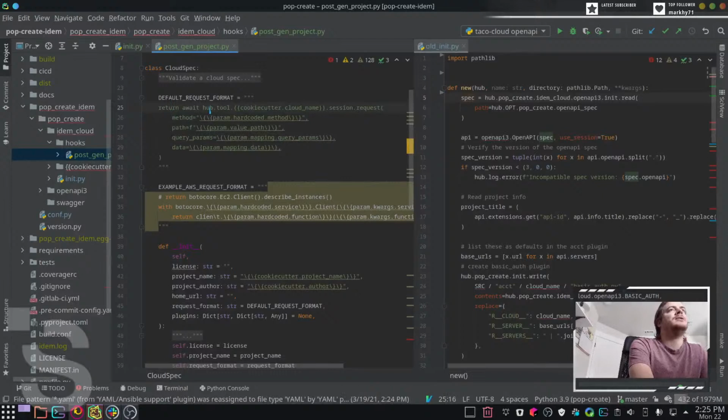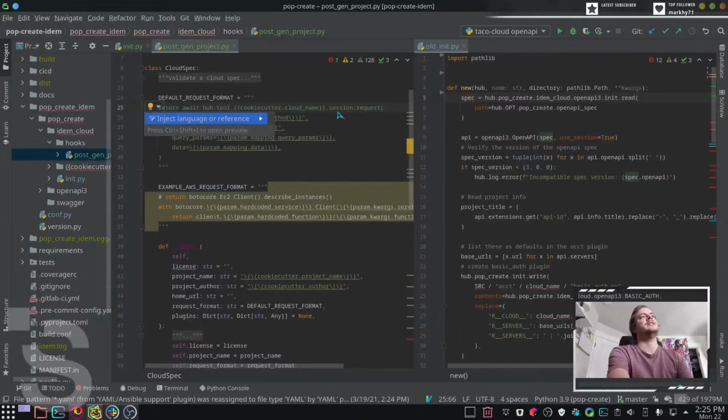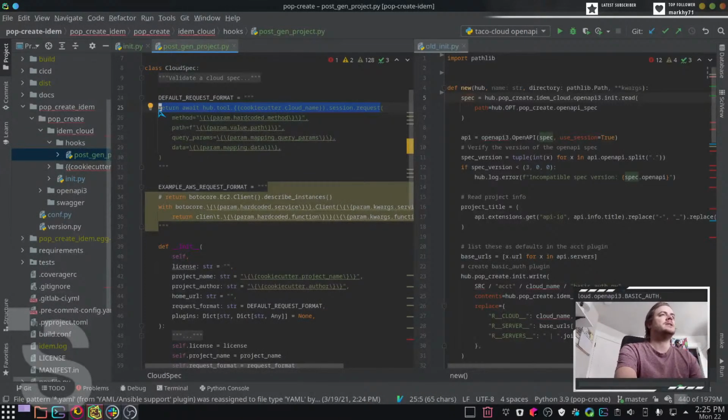So it's going to be hub return await. The default is to use AIOHTTP. So if you return await hub tool cookie cutter cloud name session request, and because of our cookie cutter template, this function will exist. So this call will work based on cookie cutter. And then we say